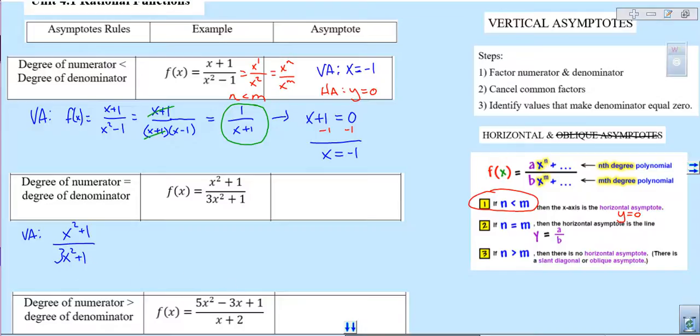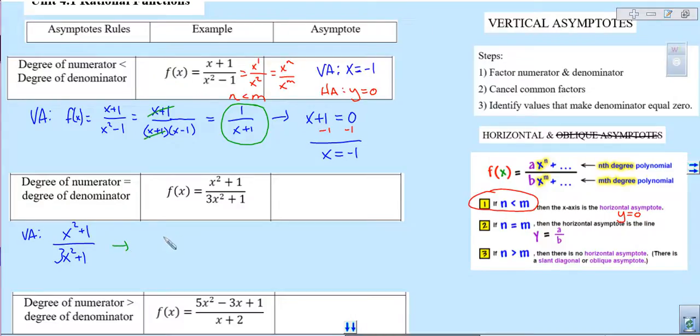Now, the most common thing I think people would do here is be like, oh, I've got a 1 on the bottom and 1 on the top, I can cancel those. I have an x squared on top, an x squared on the bottom, I can cancel those. No, you can't. You cannot cancel things when they have an addition sign in between them,